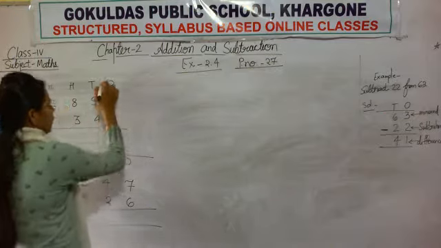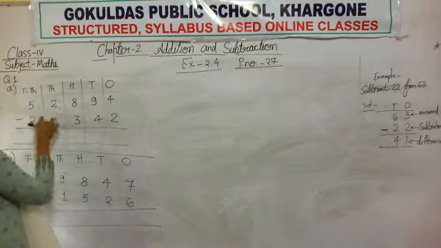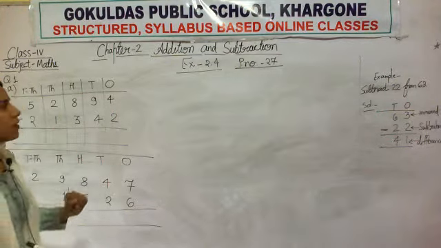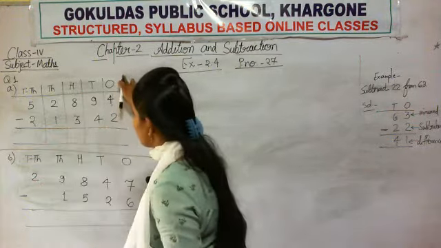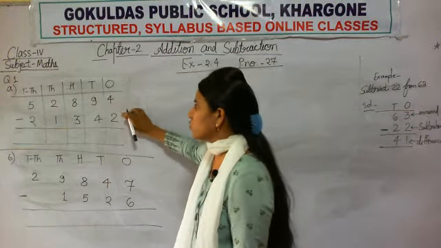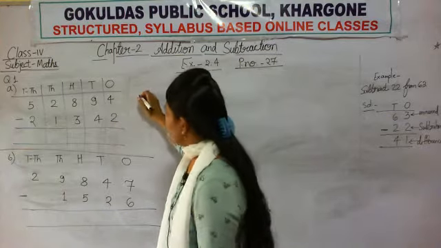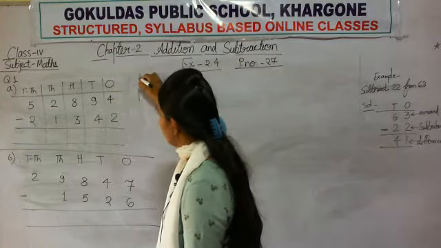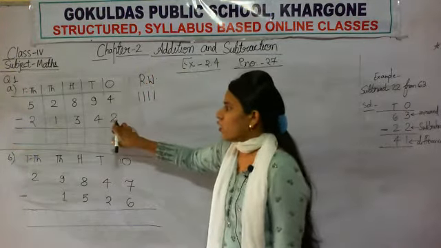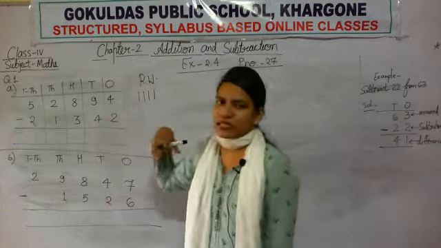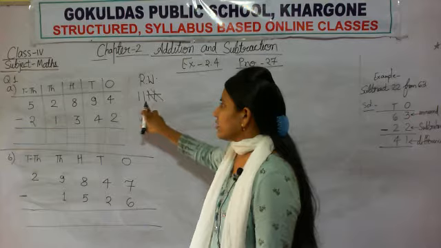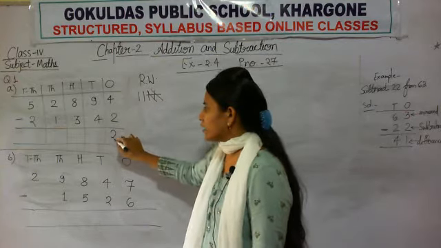We remember our columns, right? Ones, tens, hundreds, thousands and 10,000s column. Always start subtraction from the ones column. So in the ones column 2 digits are there, 4 and 2. First digit is 4. So draw 4 sticks in rough work, 1, 2, 3 and 4 sticks. Now you have to subtract 2 sticks from this 4. So 1 and 2 we have subtracted. So how many left? 2. So write 2 here.